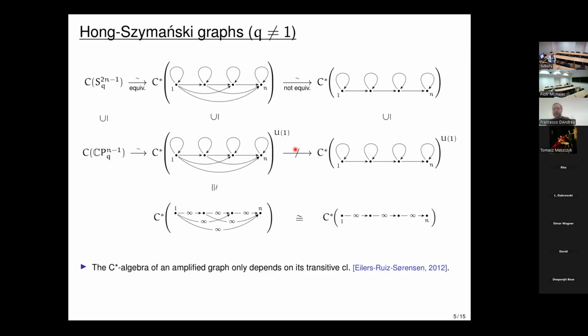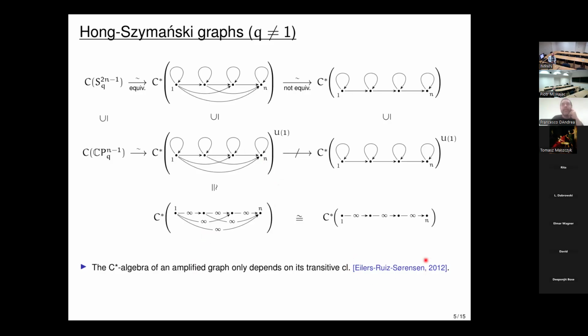Okay, so next point. There is a paper by Ehlers, Ruiz, Sorensen, where they studied these amplified graph star algebras. In the Hong-Szymanski paper, they show that this AF core is the star algebra of this amplified graph, which is obtained from the one on top by removing all the loops and replacing every arrow by countably infinitely many. So this amplified graph gives you the core of the star algebra on top. But now,